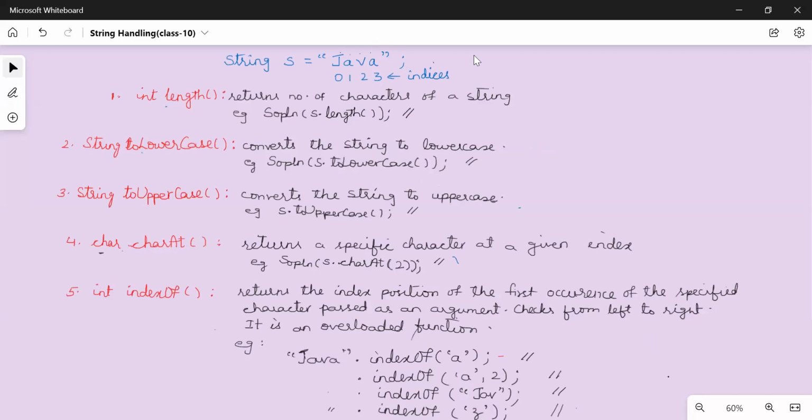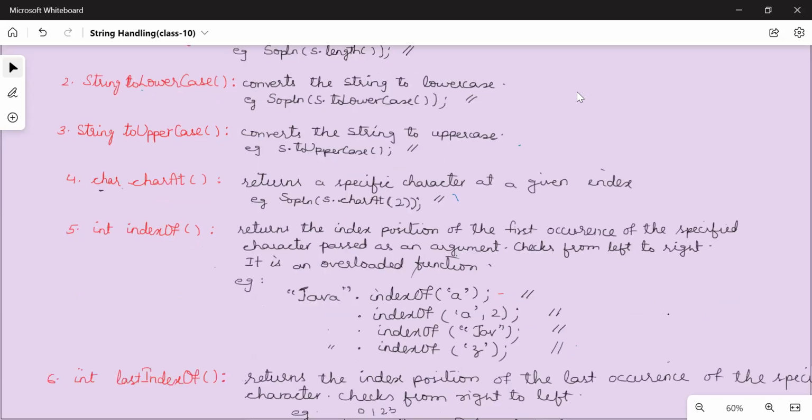Yeah, so in the last class we have already seen the methods length, toLowerCase, toUpperCase, charAt and indexOf. Hope you remember all of them. Now let's go to the next method,